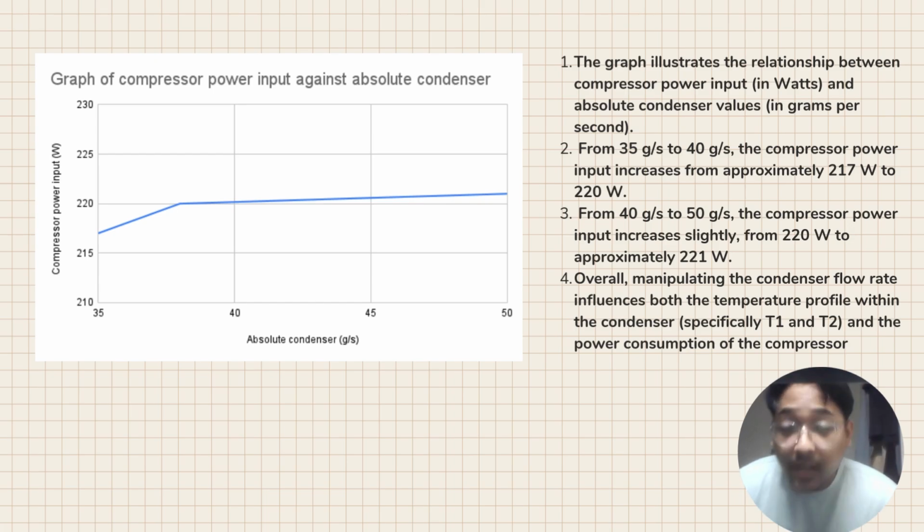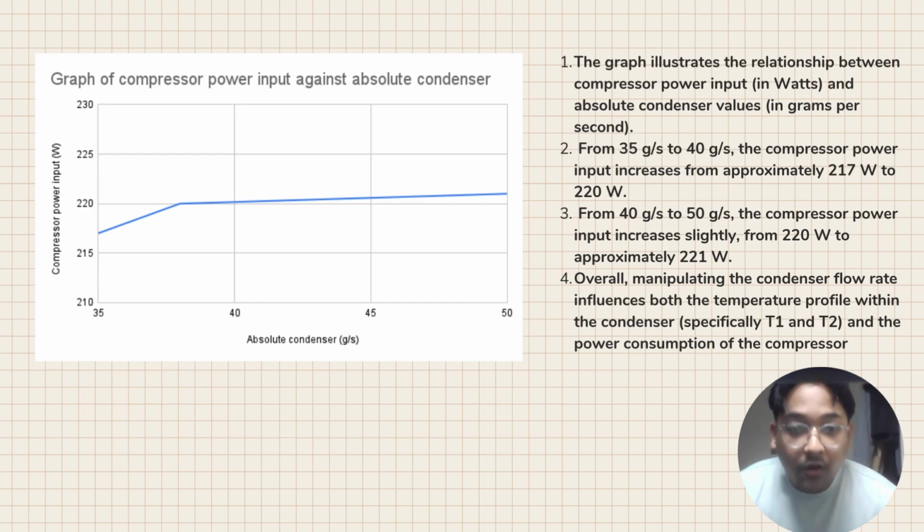From 40 gram per second to 50 gram per second, it increases slightly from 220 watt to approximately 221 watt. Overall, manipulating the condenser flow rate influences both the temperature profile within the condenser, especially T1 and T2, and the power